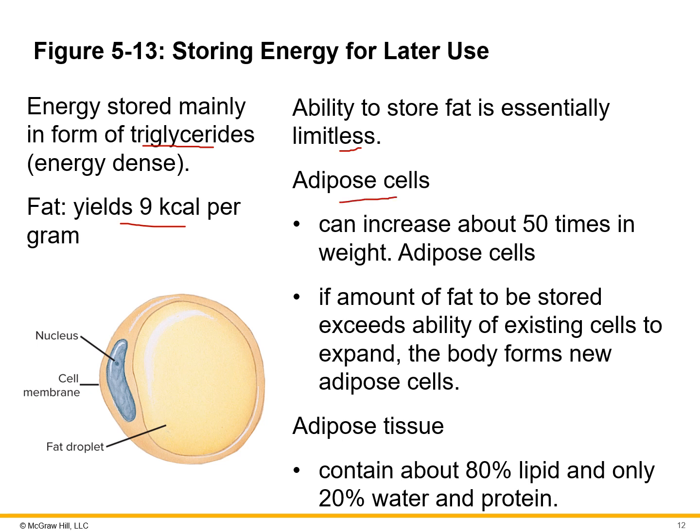Where it's stored are in what are called adipose cells, and they can actually increase about 50 times their actual weight by adding those triglycerides in there. So again, we have this limitless ability just to store fat. If that amount of fat that's stored exceeds the ability, then the body just makes more cells. So even if they're packed full, it just says, oh, hey, we need to make some more. So we keep making more and more adipose cells